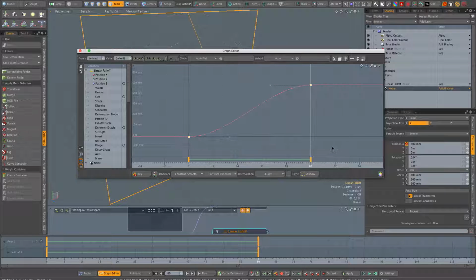Select both keyframes and choose linear in and linear out. This way you have a constant speed, and to modify the speed, all you have to do is modify this keyframe position. Oh, and by the way, if you middle click while dragging, it's going to stay on its axis here.